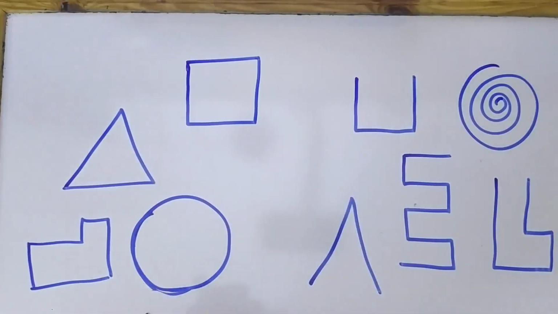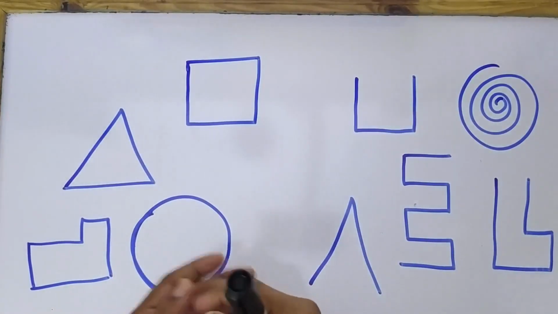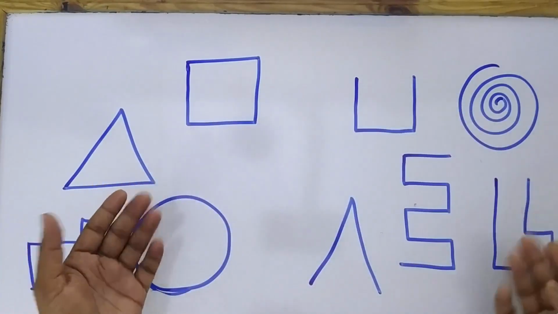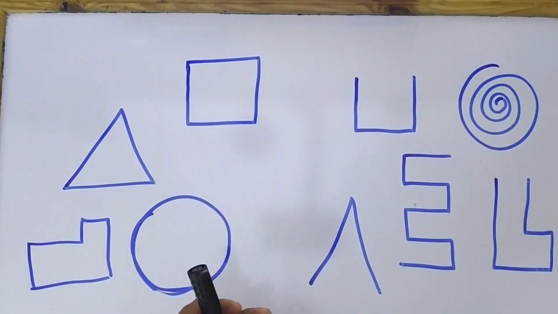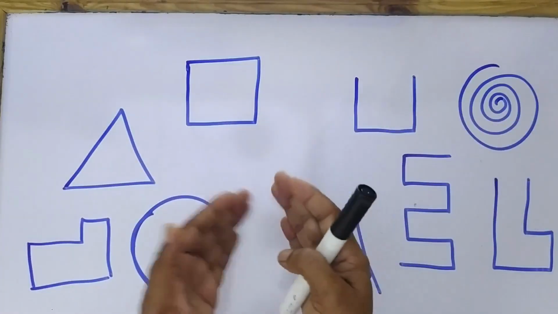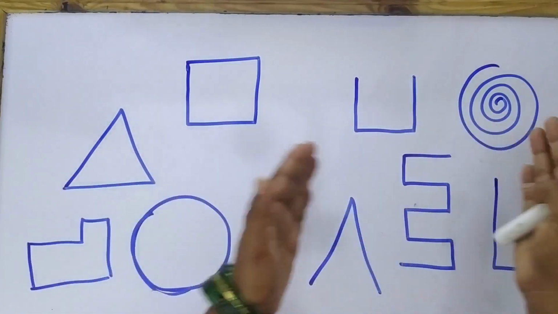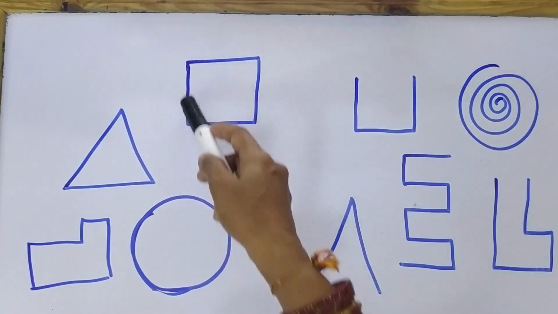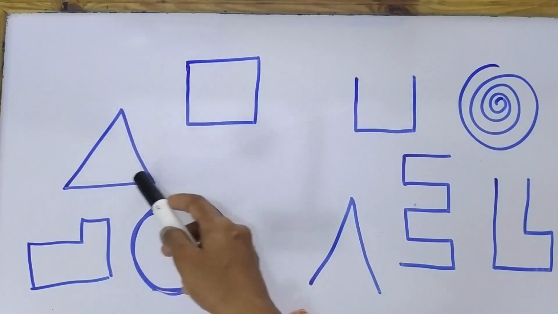Yes, children, just now we saw straight lines as well as curved lines. Using those lines itself, here are a few figures drawn. Is there any difference between these groups of figures? Yes, here we find one group, another group. How are they different? See, here we can see these figures,